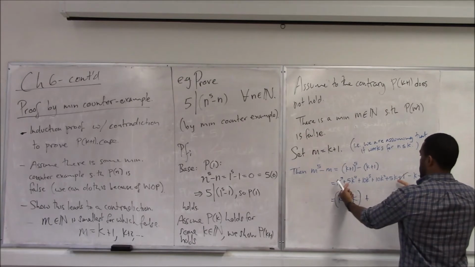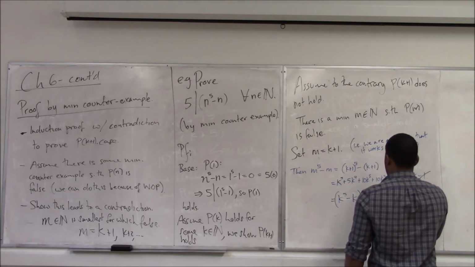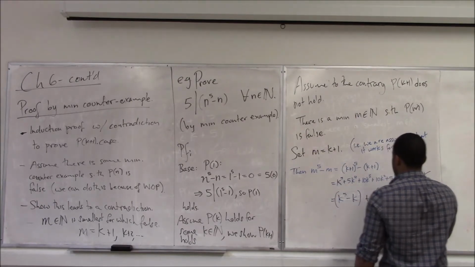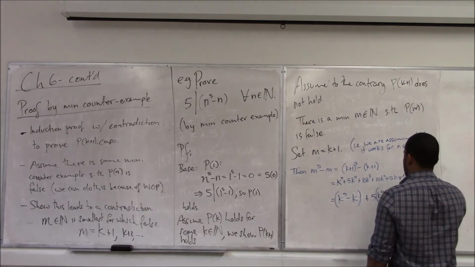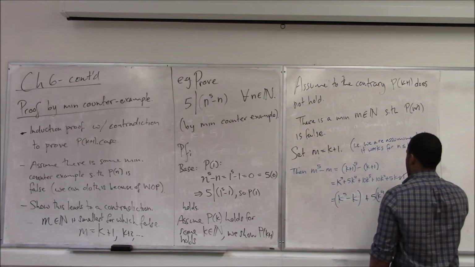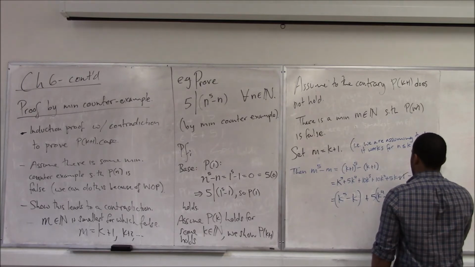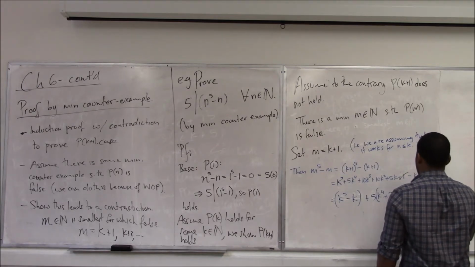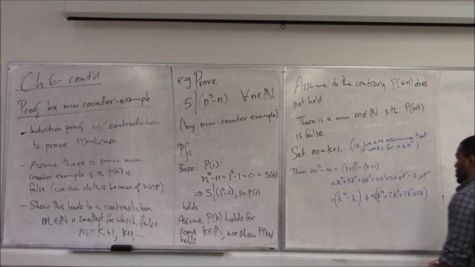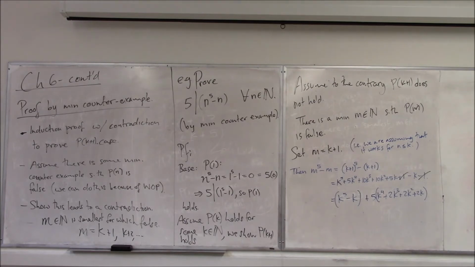These guys are left over. Let's just factor out 5. So that's 2k cubed plus 2k squared plus 2k. Okay, where do we go from here? Well, we already know that the second one obviously divides by 5, so yeah,